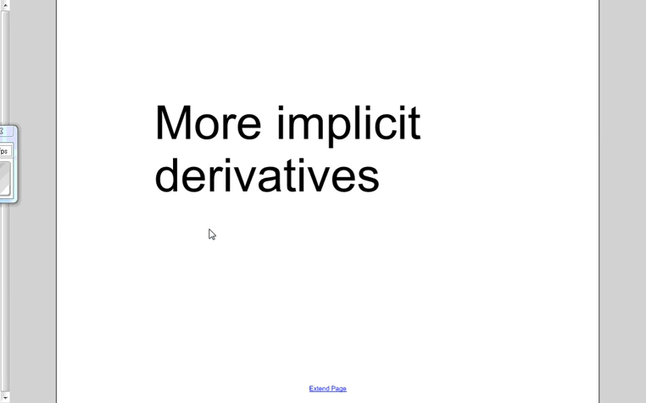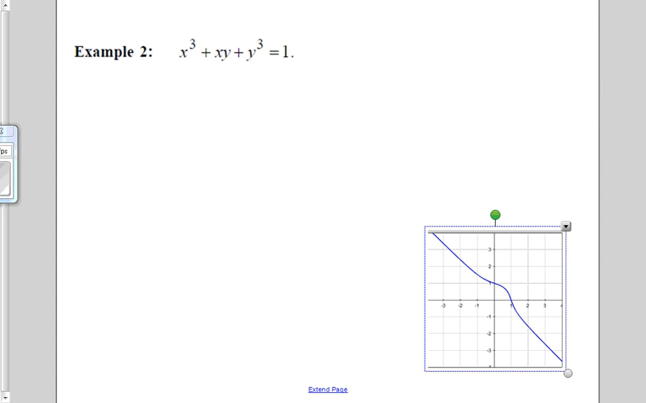So we're back here to take some more implicit derivatives. Just the more examples you can do of these, the more exposure you have, the easier it will get. So here's some function, x cubed plus xy plus y cubed equals 1, and I want to find the equation for the tangent line